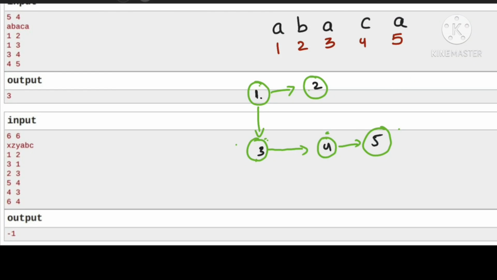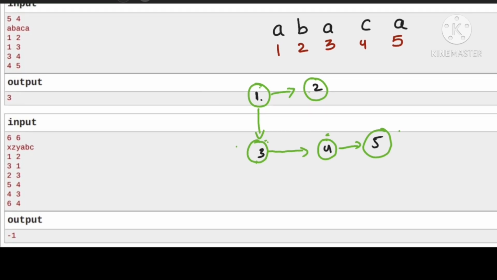Guys, I hope you understood the question and the test cases too. So let's try to understand the approach of this question before going into the coding part. If you don't understand anything in this approach part while I'm explaining, don't worry. When I code this solution, I will be explaining it again, and at that time it will be clearer for you. This is just giving an abstract of how the code is going to work.